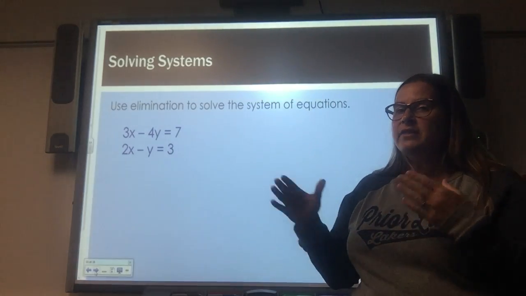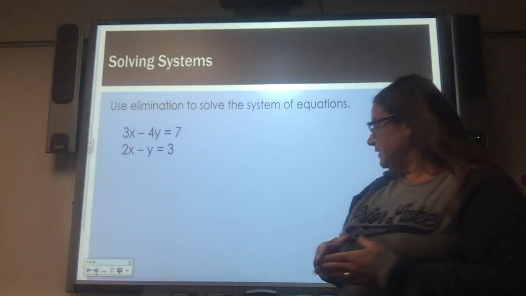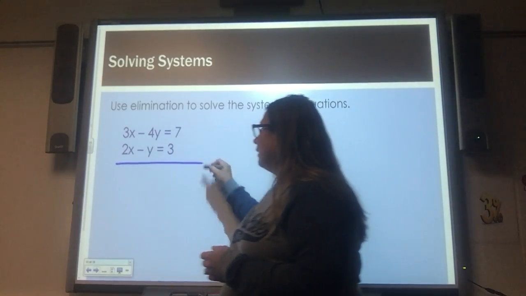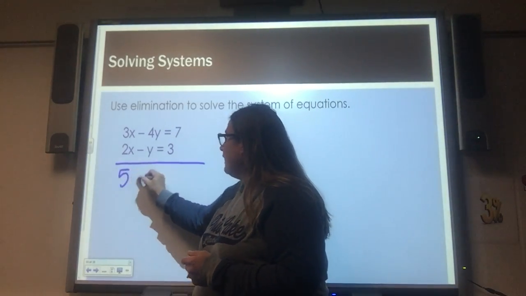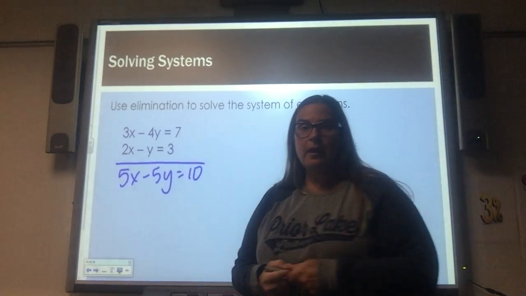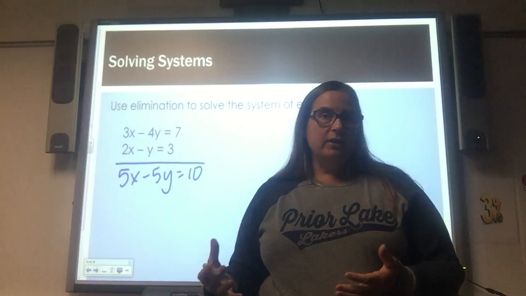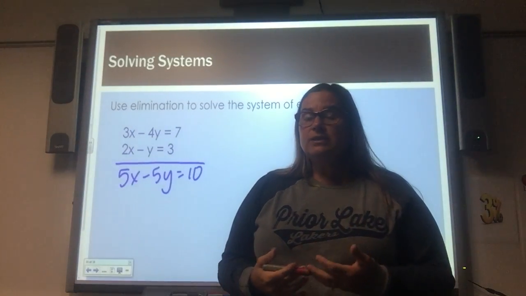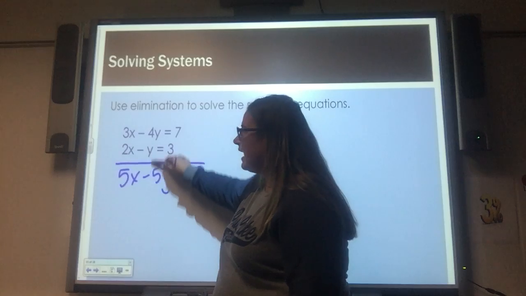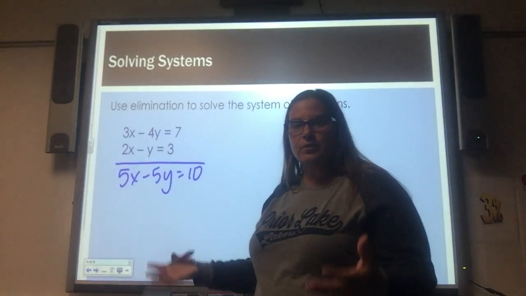If I were to take these two equations and combine them together, I would end up with 5x minus 5y equals 10. That's not going to help me much. So what I need to do is get it so that when I combine them together, one of the variables